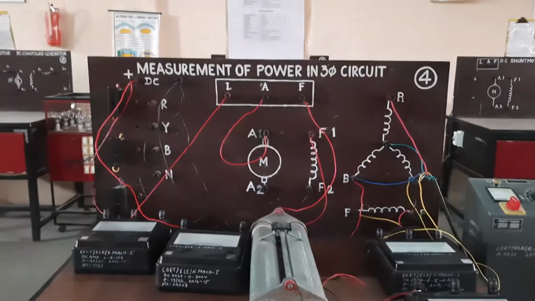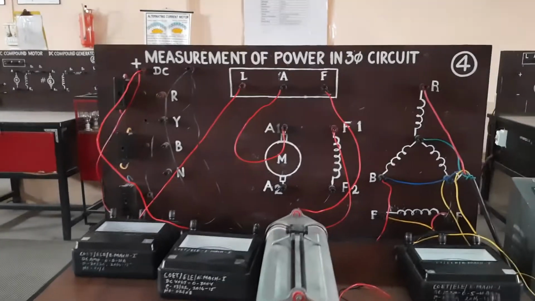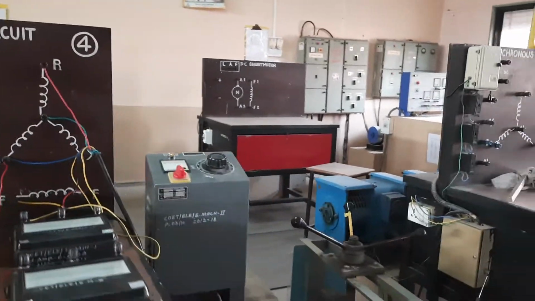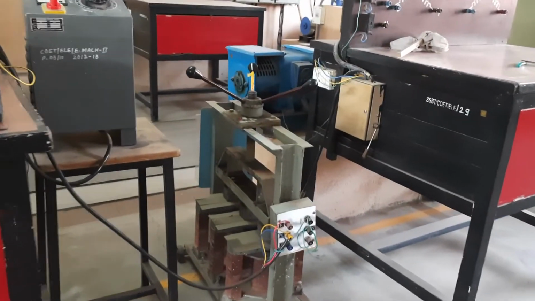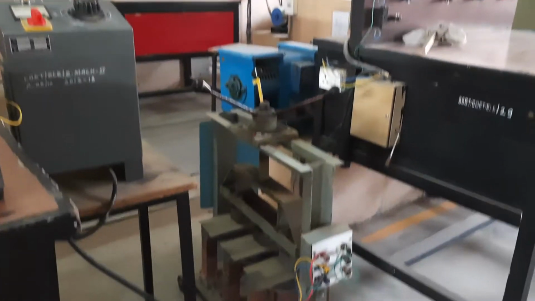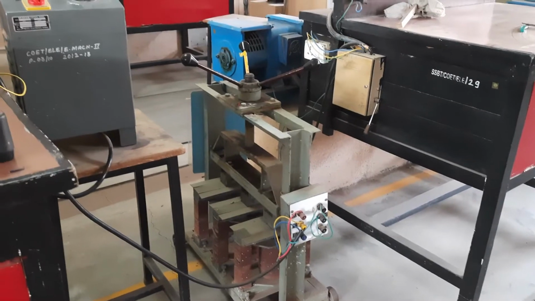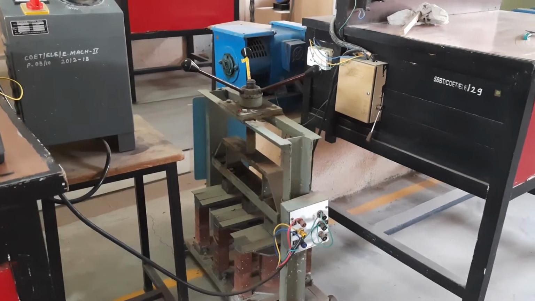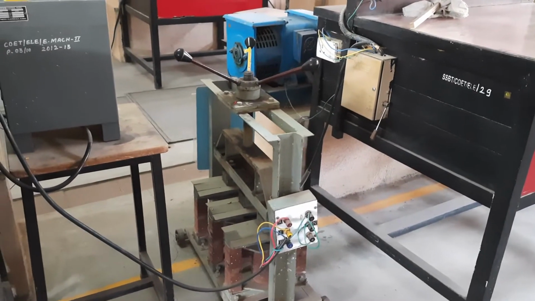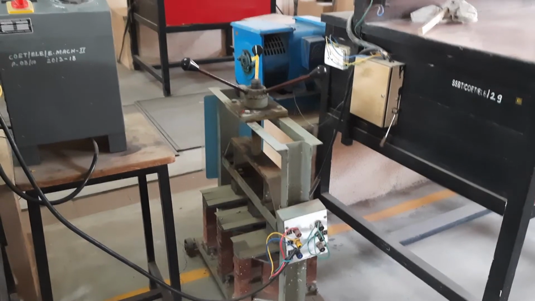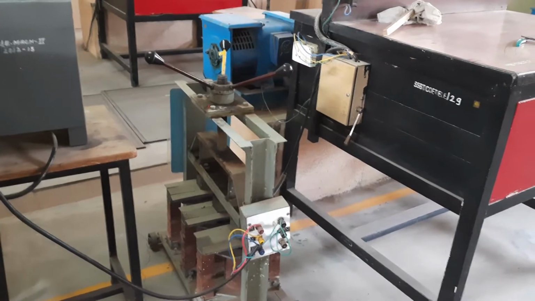So here the power factor of the load is zero lagging, which means it is a purely inductive load. Here we are using a variable inductor for the zero power factor test. This is a variable three-phase inductor. A handle is provided to move the middle core of the three independent transformers. It can be connected in star or delta, but here it is connected in star. If you move the middle core of the transformer, it gives a variable inductor.